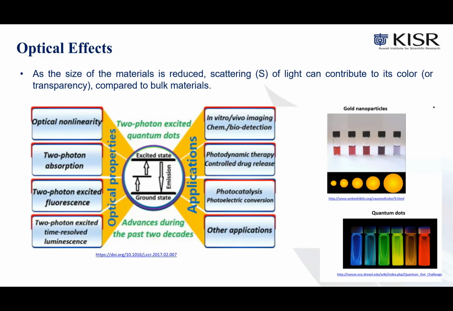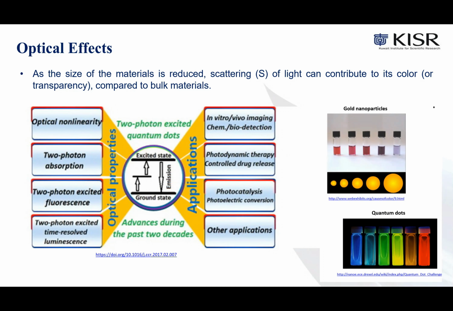The next effect we have, which is one of the most important ones, is the optical effect. Nanocrystalline systems have attracted much interest due to their novel optical properties, which are definitely different from the bulk crystal. Reducing the dimension of a material to the nanoscale affects its optical properties. These properties are determined by what happens when a light wave passes into it. Whether the light is transmitted or absorbed by the material depends on the absorption of the energy of the photon by an electron in the material.